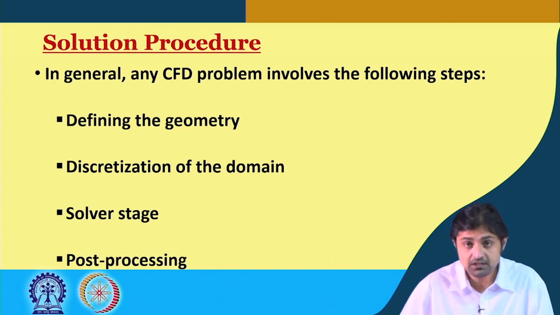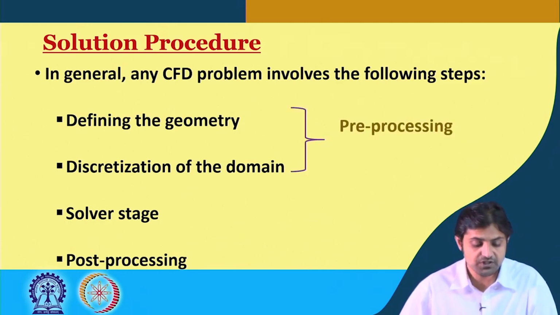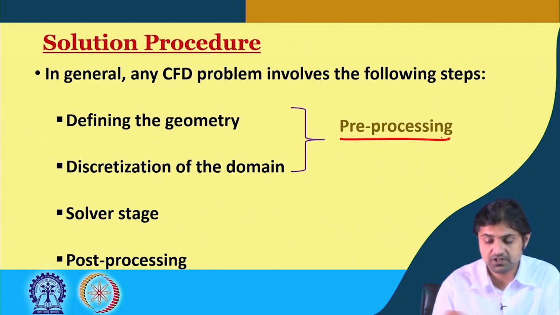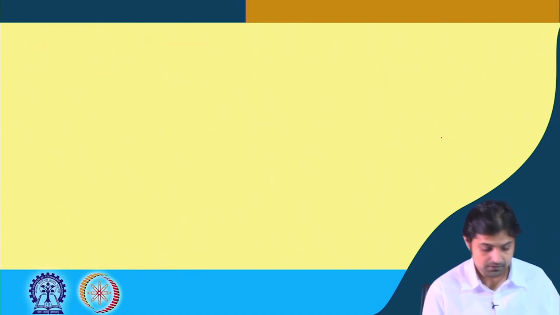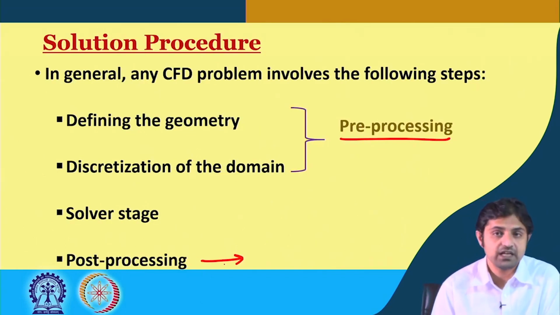Post processing is after the results are obtained, we have to show them graphically, or we have to find some values, we have to interpret those results that we got. In most cases, plotting the results is termed post processing. So, defining the geometry and the discretization of the domain, these two things are called pre-processing. So, something that you have to do before the calculation can begin in the computer. All right. And the post processing is something that you have to do after the calculations have